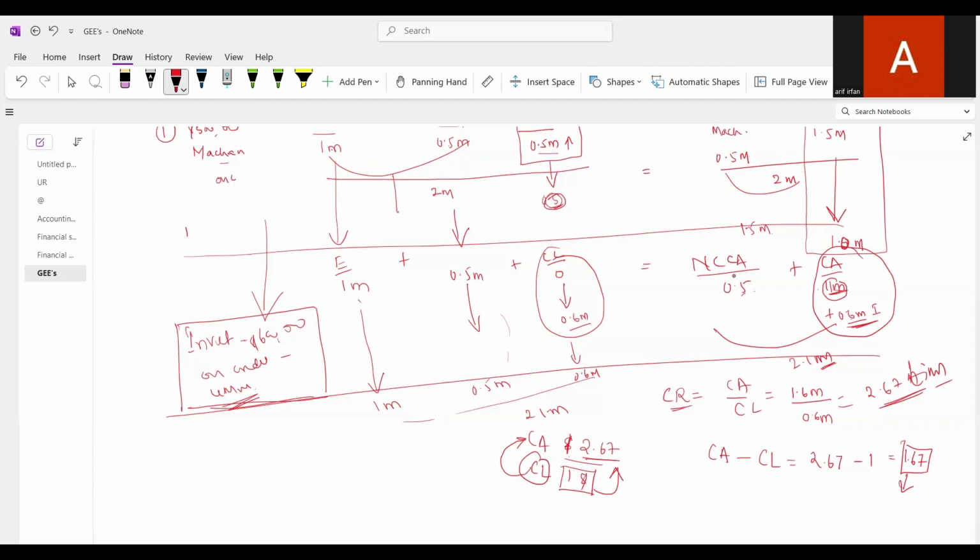If today we have paid the total current liability, how is it changing the balance sheet position? Current liability will become zero, current assets